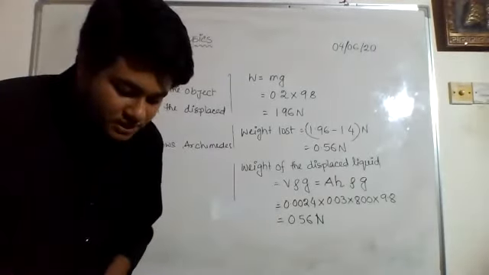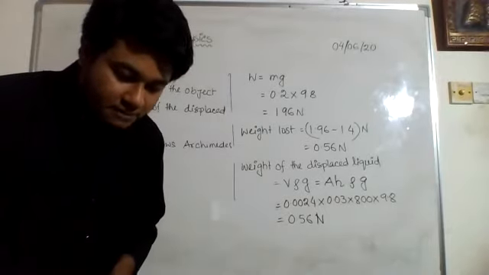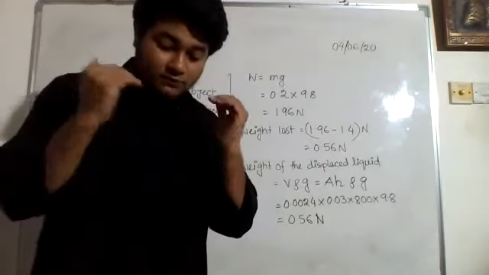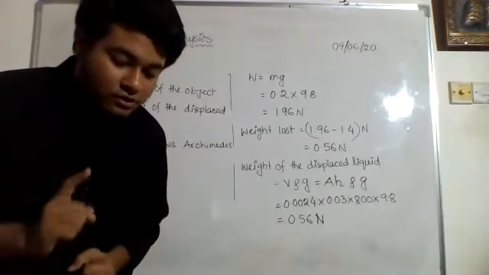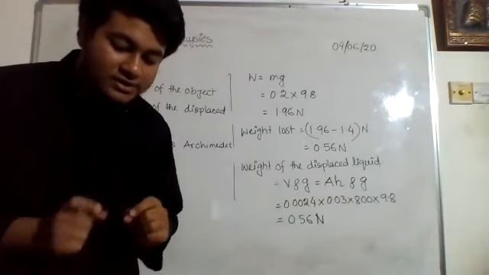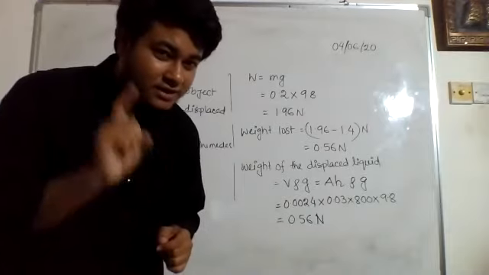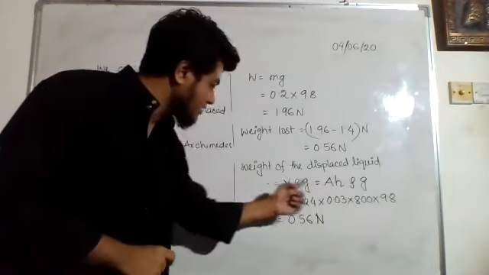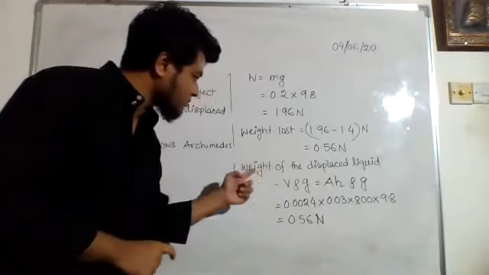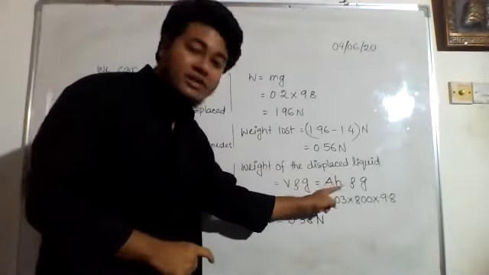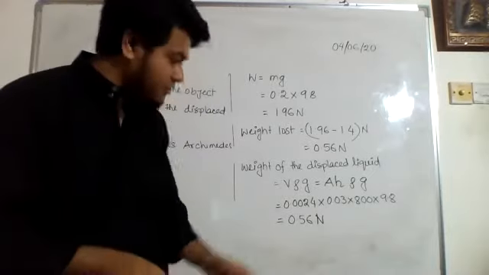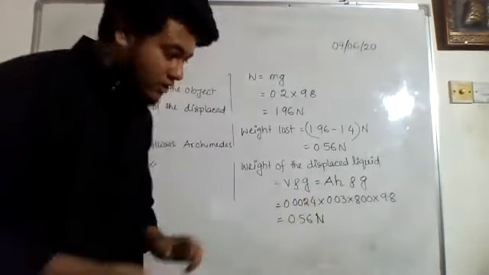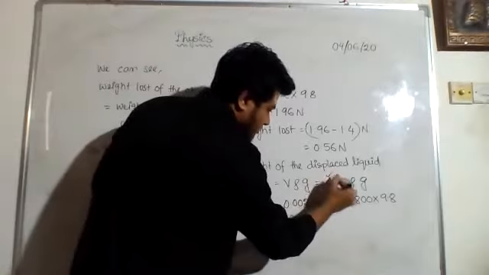Sir, which page number? Question 15 in the PDF that I gave. We discussed 14; now we are talking about question 15. The weight of an object of an area 20 centimeter square. The area is given. If you remember, the area is needed in calculating the weight of the displaced liquid. So we will need a height also. Let us see whether the height is given. The height is 10 centimeter. So these two are given. Let us check whether all information is given or not.